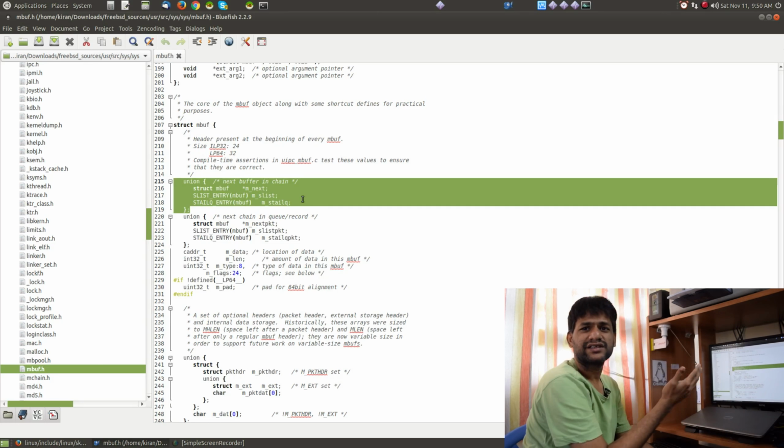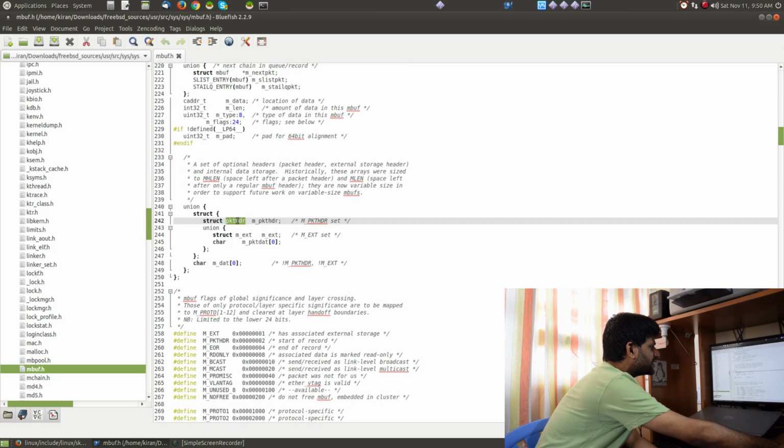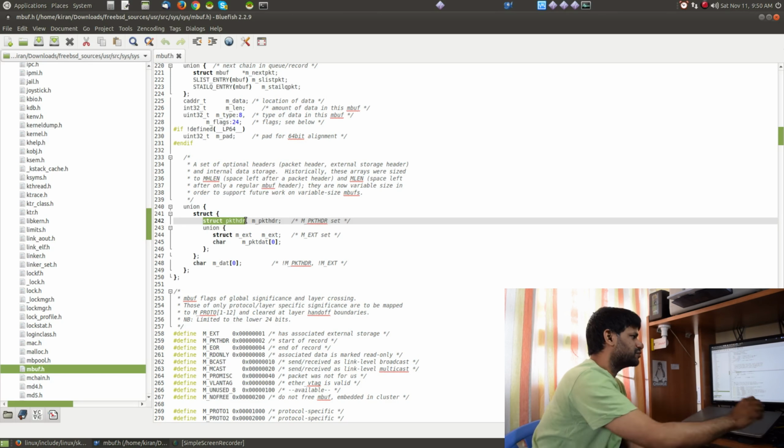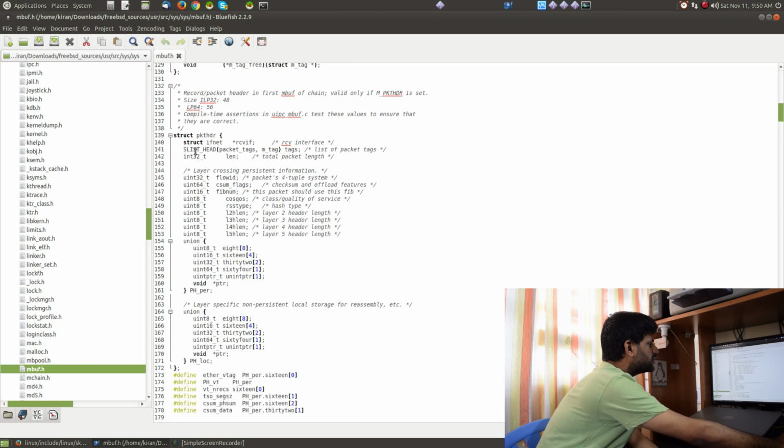You can find next and all those pointers, and then if you scroll down you can see it has something called the packet header, which is a struct within the struct. This packet header is also a part of this particular file mbuf.h. If you scroll a little bit up, you can find the packet header, and various other variables